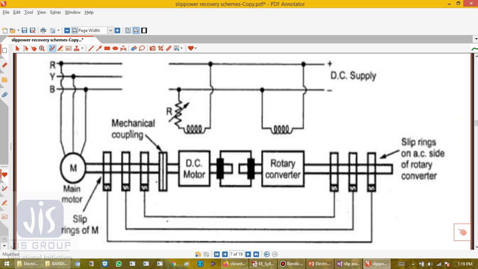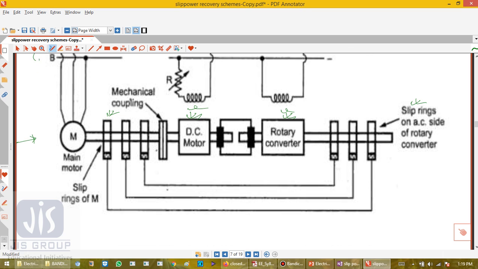So this is the three-phase supply RYB. This is the main motor. This is the slip ring of the motor, and this is mechanically coupled with the DC motor, which is again connected with the rotary converter, and this is the slip ring on the AC side of the rotary converter, and this is the DC supply for the DC motor and rotary converter field system. Okay,